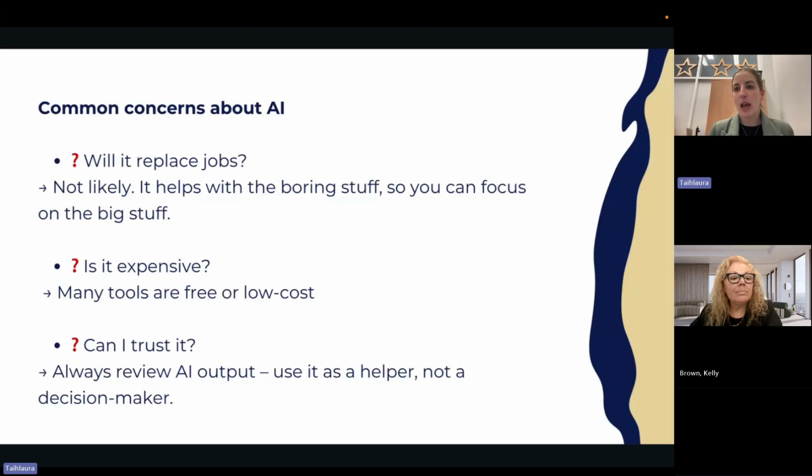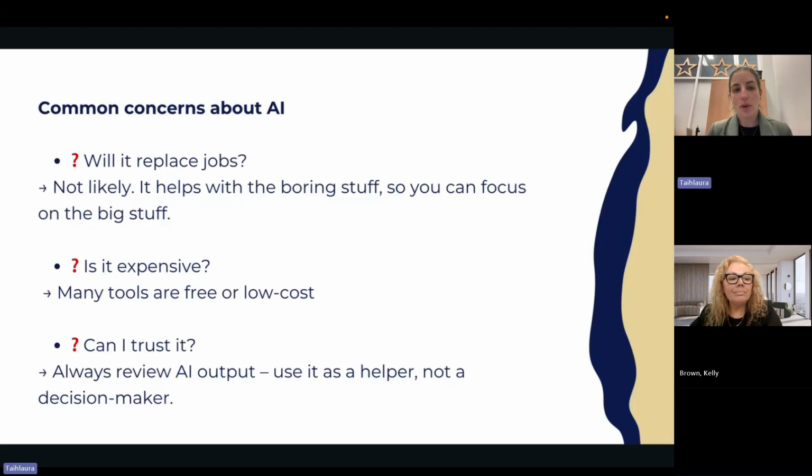So that's some examples of some of the AI tools and how you can utilize them within your small business. As you can see, there are so many different tools that exist out there, so it can be quite overwhelming, and they do change all the time. But I did think it would be helpful, just at the end of today's session, to go through some of the common concerns and some things that we can do to make sure we're utilizing it correctly.